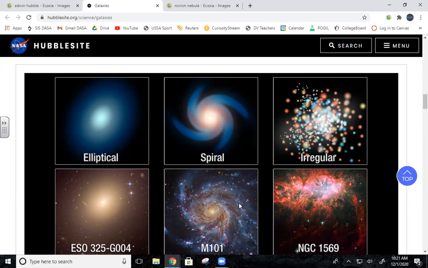Because at his time, they thought that all of these nebulae were within our galaxy, that the galaxy was the universe. Okay, the Milky Way galaxy was the universe. Everything that we could see was all in this collection of millions of stars, they thought. Like that was the universe. And that these spiral objects were just nebulae inside of our galaxy. Well, he came along and said, I think that they are separate galaxies.